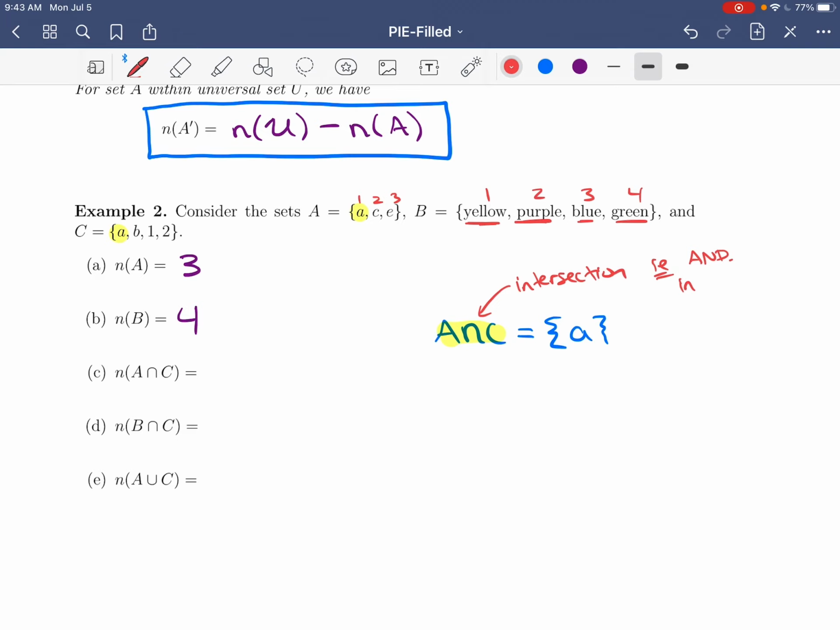Okay, so that means that the element has to be in both sets. So here it's only A, which means the number of things in that set is just 1. Okay, now B